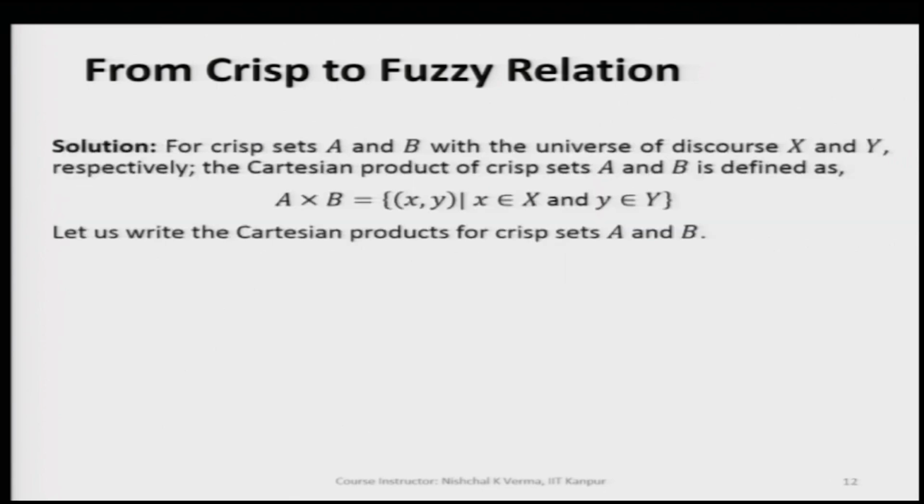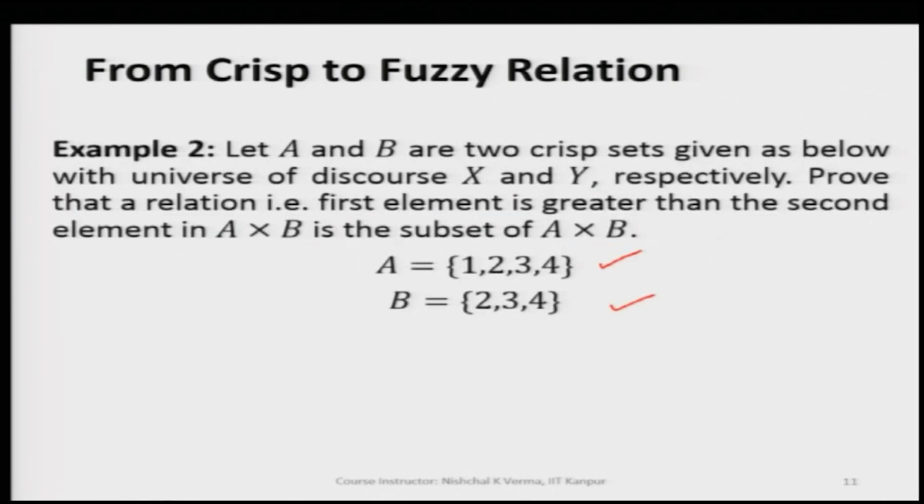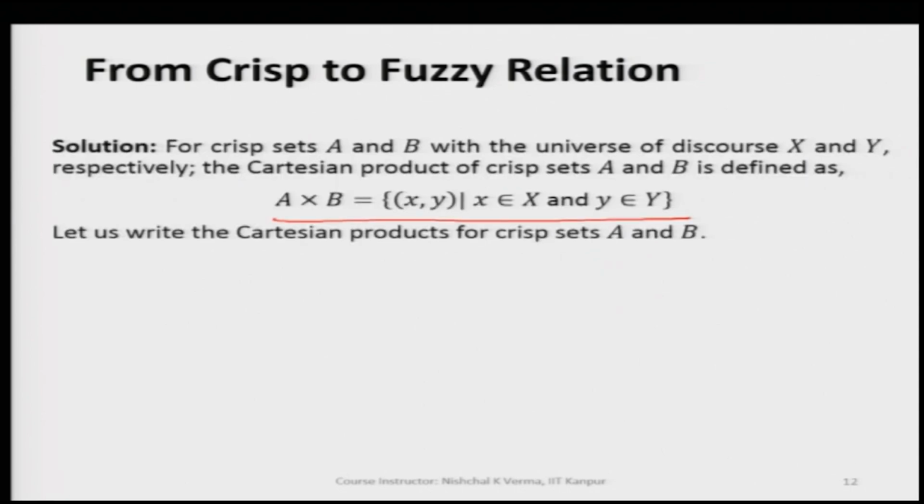A cross B can be written as the collection of all the pairs of the elements from A and B sets, and this way A cross B is going to be a set, the Cartesian product of A and B. Since we have 4 elements in A and 3 elements in B crisp set, we are going to get 12 pairs here